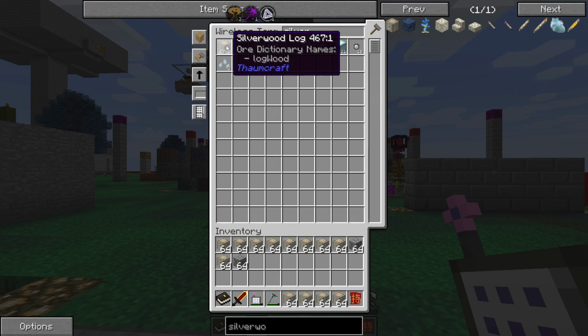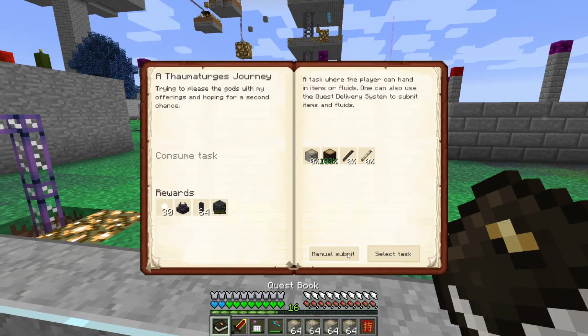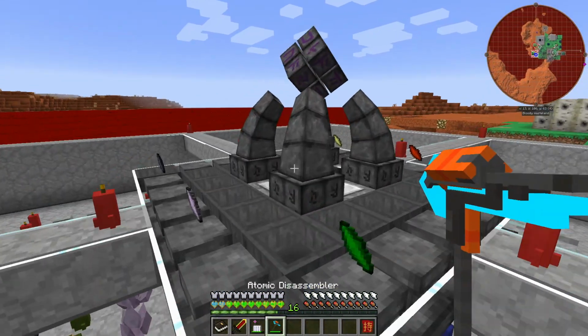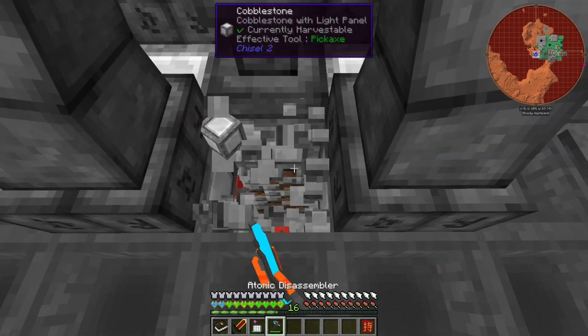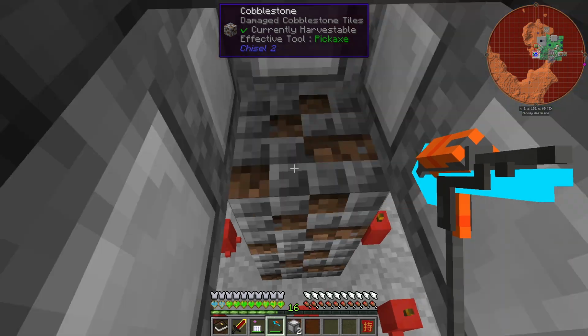I'm going to need an extra 100 like this, and I'm going to need some hoppers. Hopper. So 1, 2, do a manual submit. The reason I want some extra hoppers is I'm going to break this and break this. Perfect. Well, not perfect, but